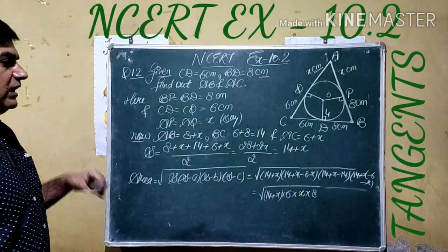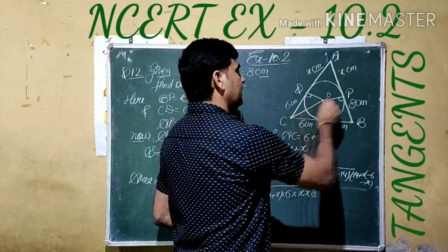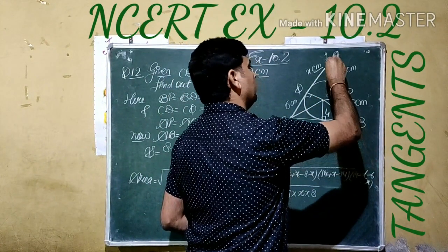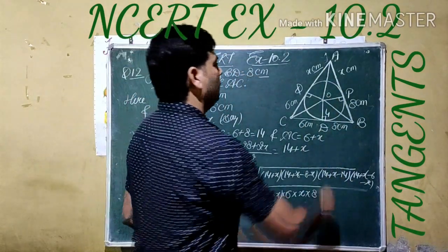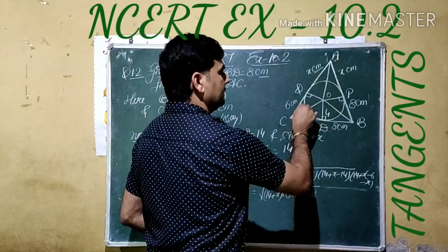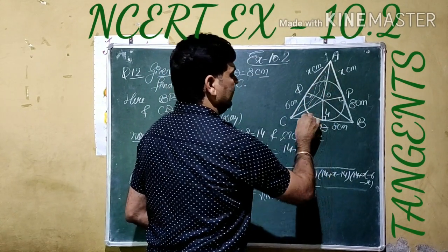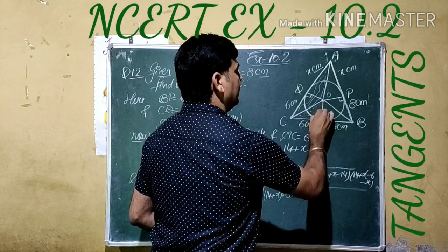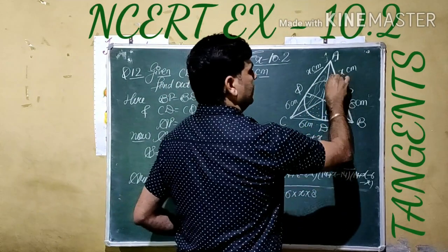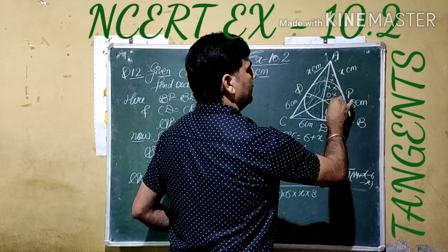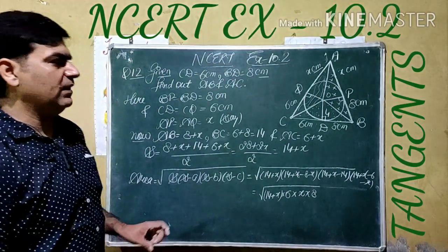If we see on the other side, if we join OC, OB, OA, and see one by one, there are 3 triangles. One of them is AOC. We indicated them by different shading, as we can see here. The second triangle is OBC. The third triangle is AOB. If you see here, all of them are acute angle triangles.